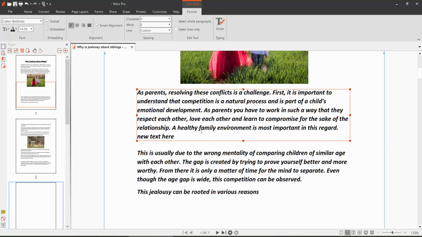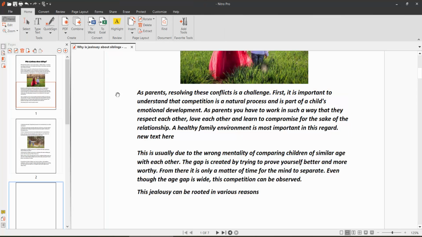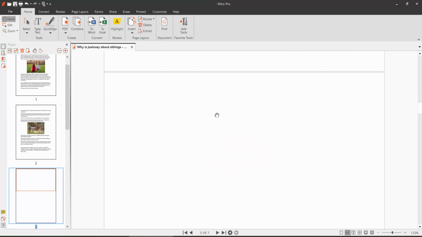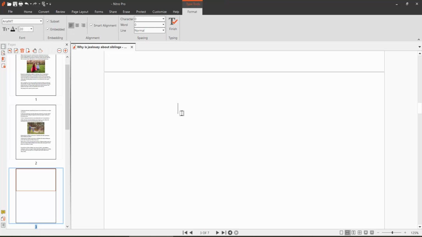In this way you can add text to an existing text box, and another way you can add text on a blank page. Here I will type text or add text. Click on this Home option again and here you will find this Type Text option. Click here and click anywhere on your blank page. Now type text